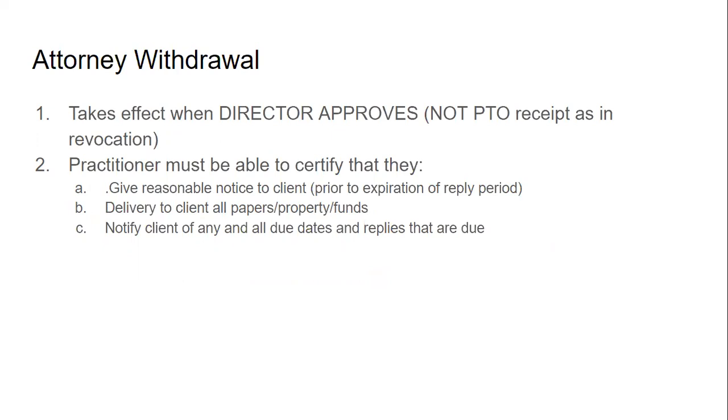So remember, for the PTO, when they receive it, that's the case for revocation by the inventor or whoever else. But for the attorney withdrawal, when they're putting in that petition, that takes effect when the director approves. And the practitioner, in order to withdraw from representation, has to give reasonable notice to the client prior to expiration. And I've seen some things saying 30 days is best, but it's not really clear in the MPEP that